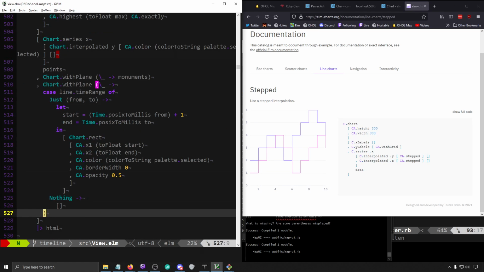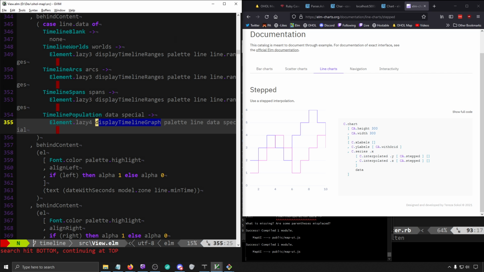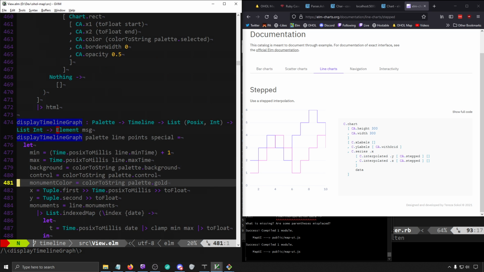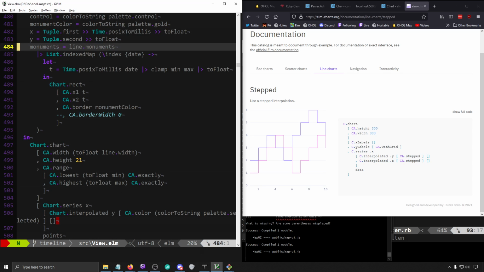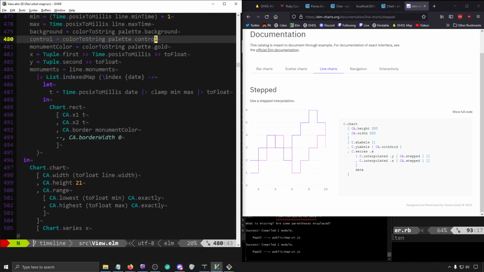All right, monuments. This is chart.rect. Were you not? Timeline graph. Yeah, timeline graph. So I guess I'm also able to just do boxes. Range. Okay, so series. Okay, so yeah, you're interpolated. So you are 2 series. Oh, but X